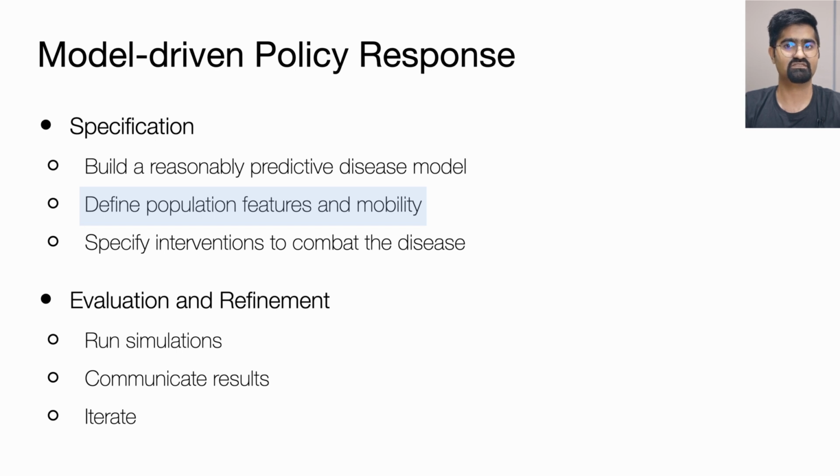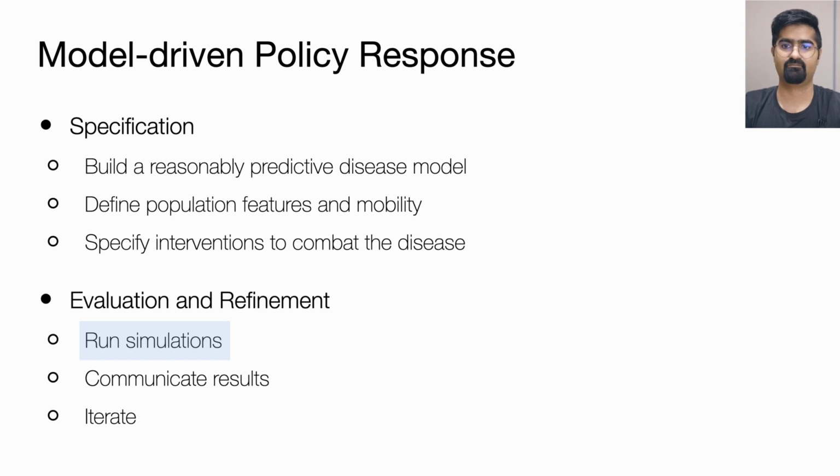This also includes defining the mobility patterns of the population to see how the disease spreads within and among various population groups and geographic regions. Once the model and population are set, the users may define a set of interventions such as masks, social distancing, or vaccinations. After specifying the model, population properties, and interventions, users may run multiple simulations to examine the trajectory of